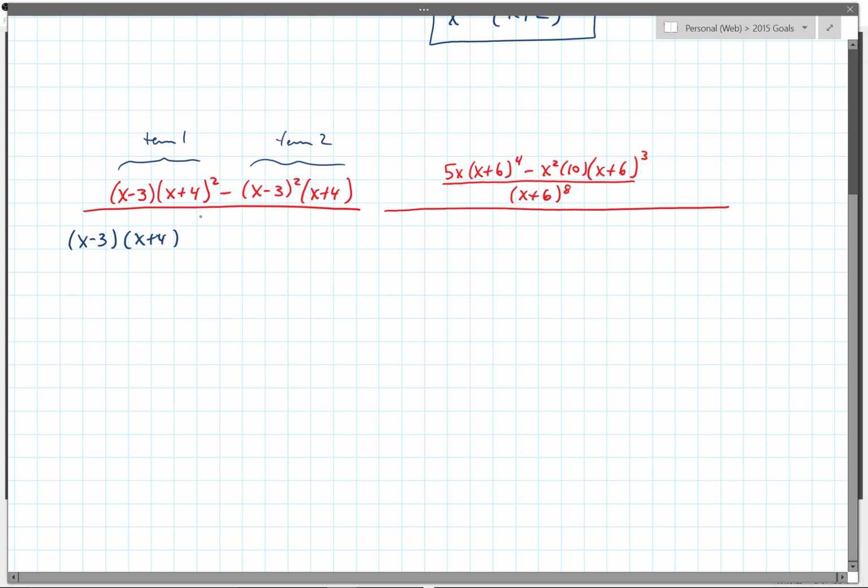I'm going to open up a bracket. I have 2 terms in what I started with, so I need 2 terms in the bracket. Factoring out an x minus 3, they go away. Factoring out an x plus 4, I'm left with a remaining x plus 4 minus. On this second term, factor out an x minus 3, I'm left with one more x minus 3. If I factor out an x plus 4,